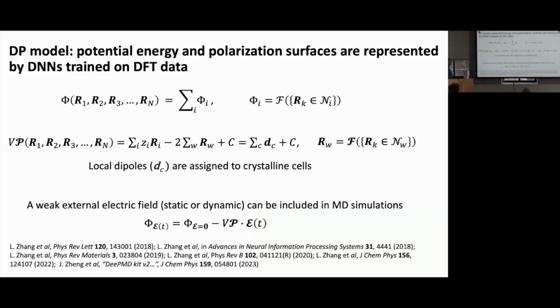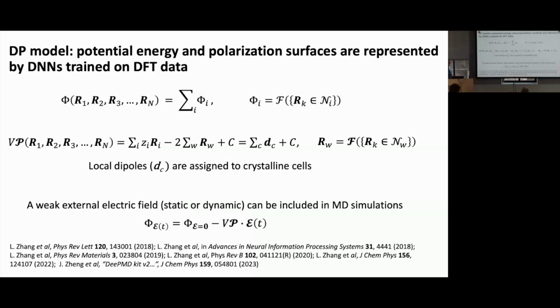This index I runs over all the atoms, and each atomic energy is given by a deep neural network that depends on the coordinates of the atoms in the environment of the atom I. So it is a sort of generalized embedded atom model. But the dependence includes many atoms in the environment, and so it can